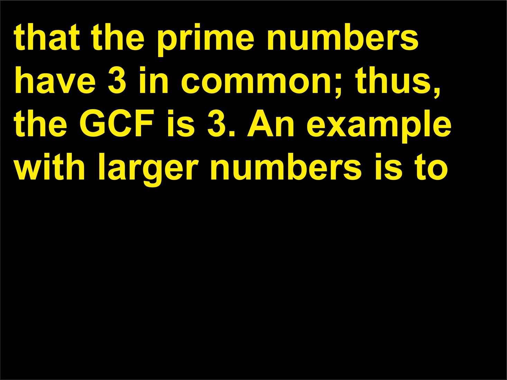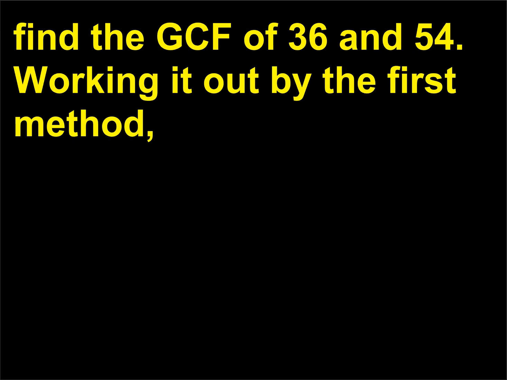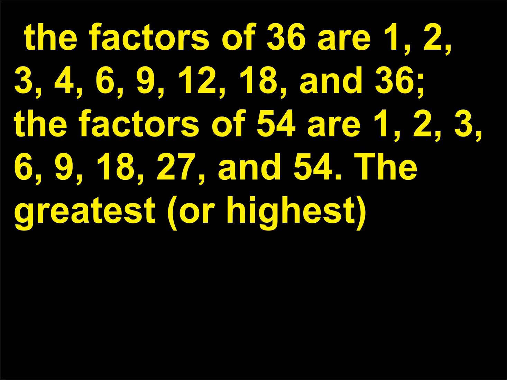An example with larger numbers is to find the GCF of 36 and 54. Working it out by the first method, the factors of 36 are 1, 2, 3, 4, 6, 9, 12, 18, and 36. The factors of 54 are 1, 2, 3, 6, 9, 18, 27, and 54. The greatest, or highest,